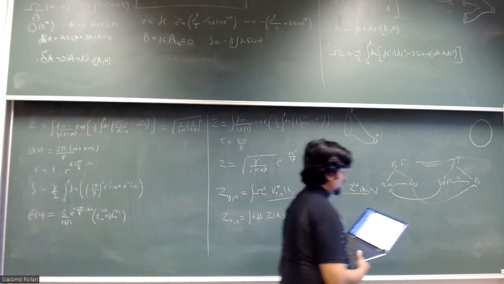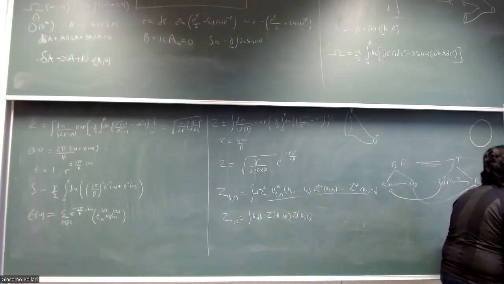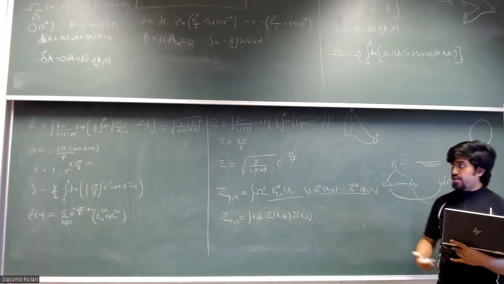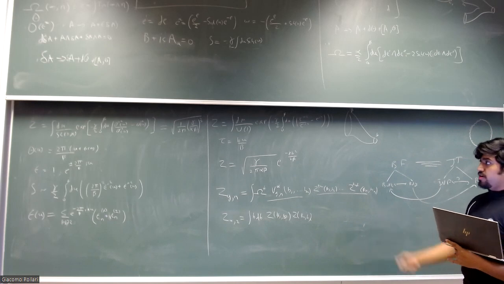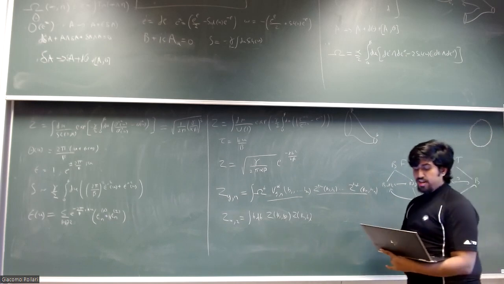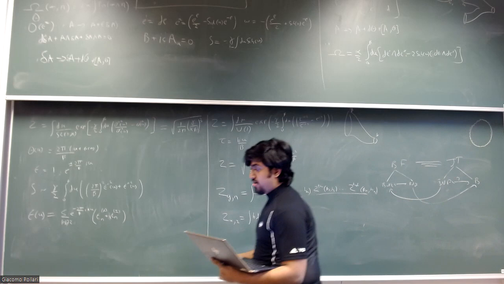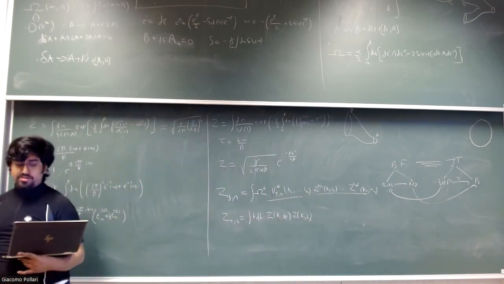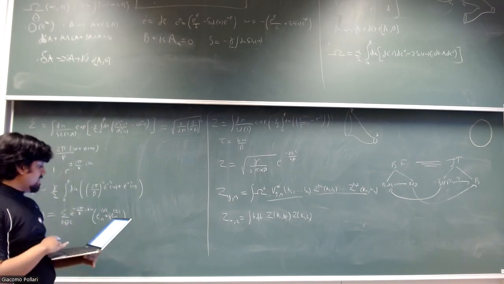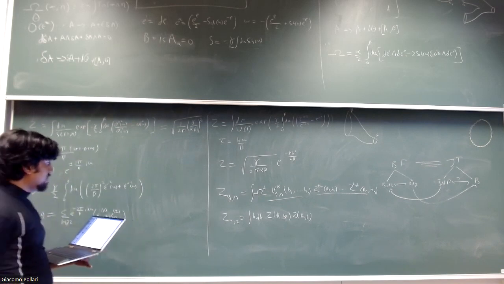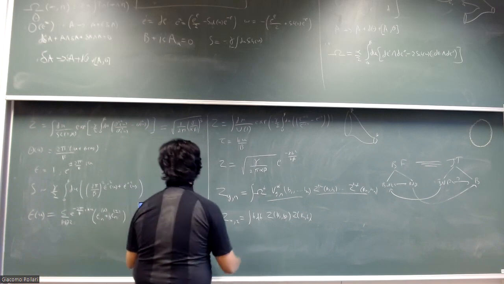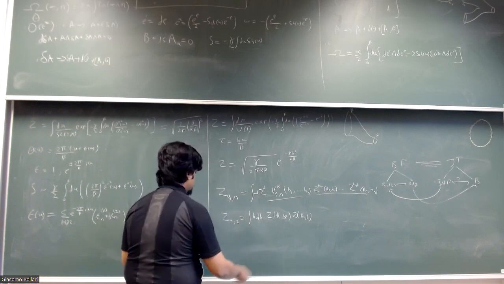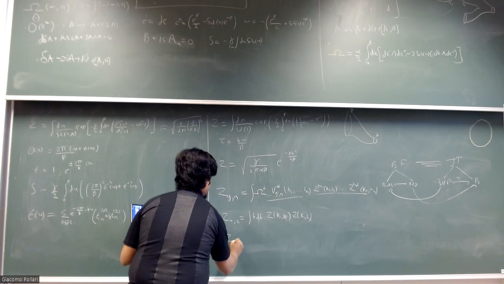Now, we want to see what kind of matrix model, if any, will encompass what we have done here. In order to do that, what's the main thing that we need to solve a matrix model? One is the potential, the other is the density of states. So to get the density of states, we know that given the lowest order density of states,